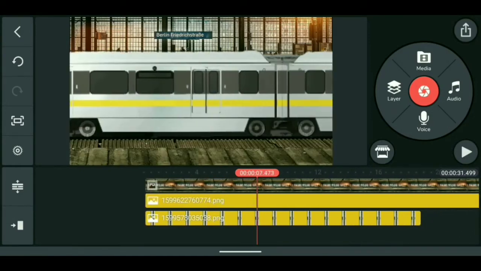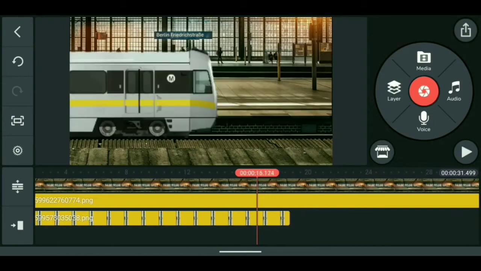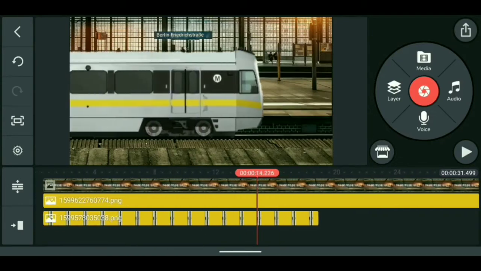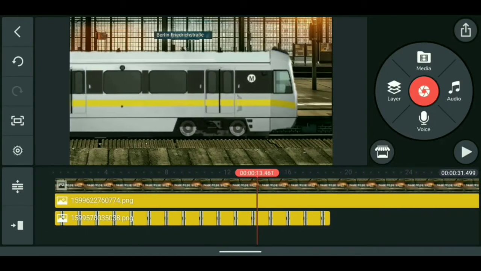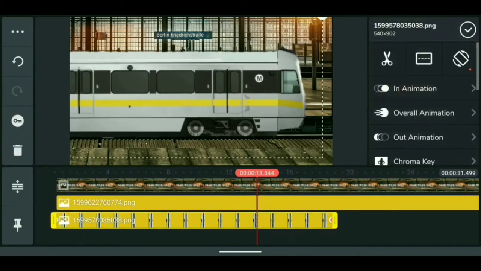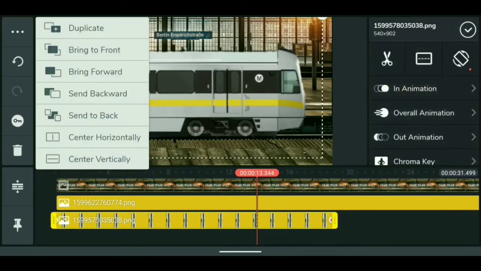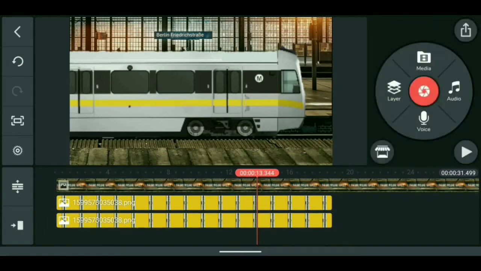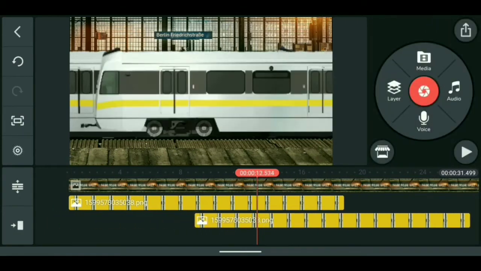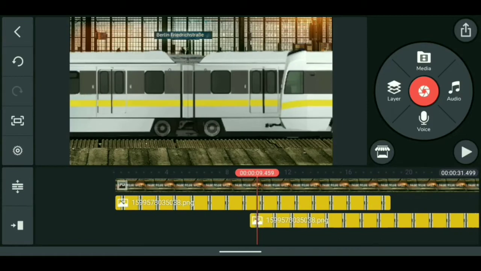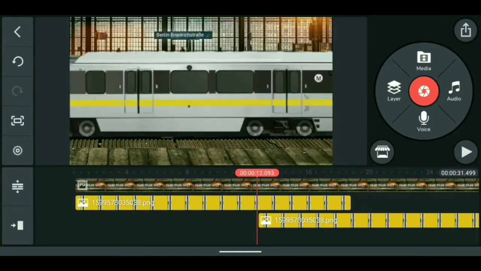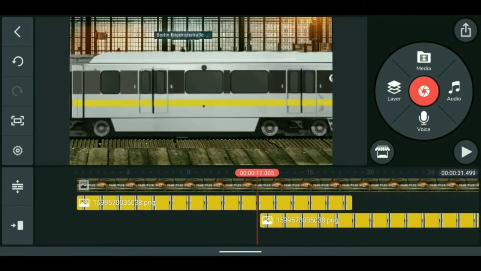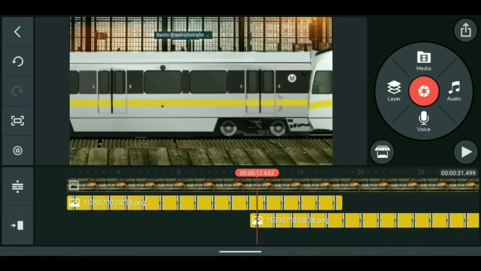Now if you wish to have a longer train, then just add another such box at the end of the first box. So here we can duplicate it and then place it at the end of the first box.